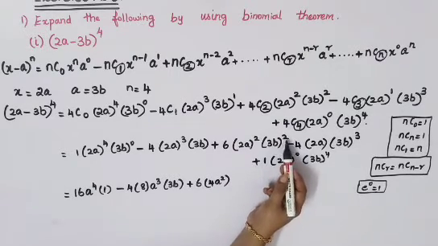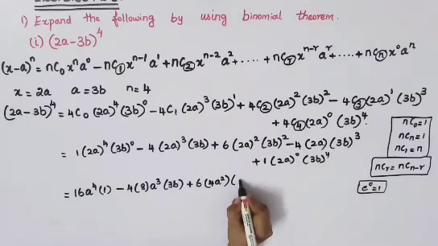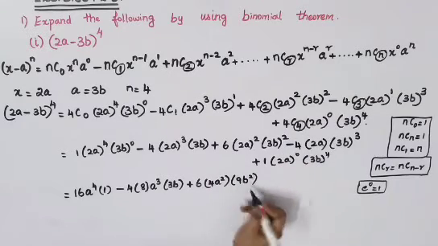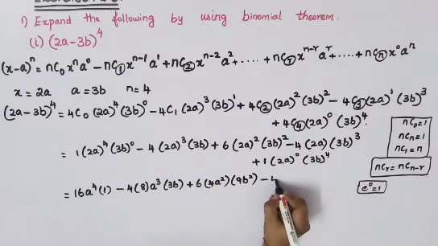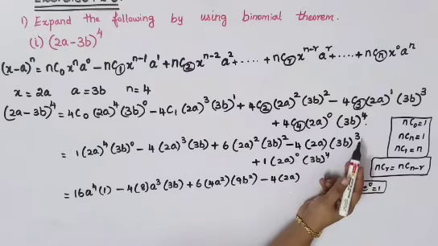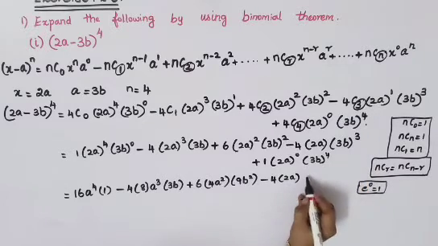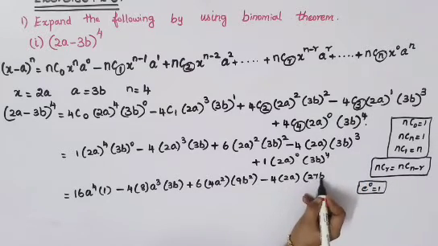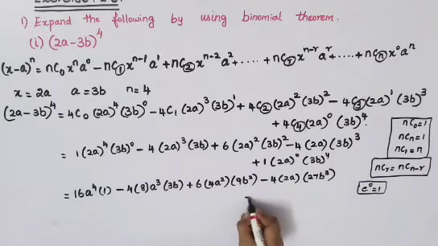Okay, so 3 square you will have to do, so 3 square will become 9, b square. Again next is 4 is there, into 2a is there. Now (3b) cube. Okay, so 3 into 3 into 3 you will get 27 b cube